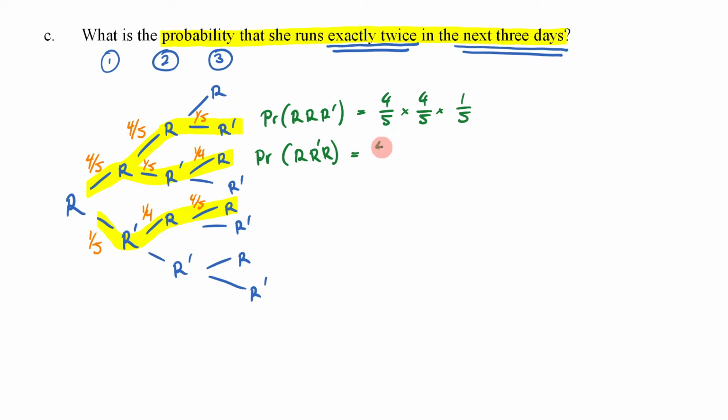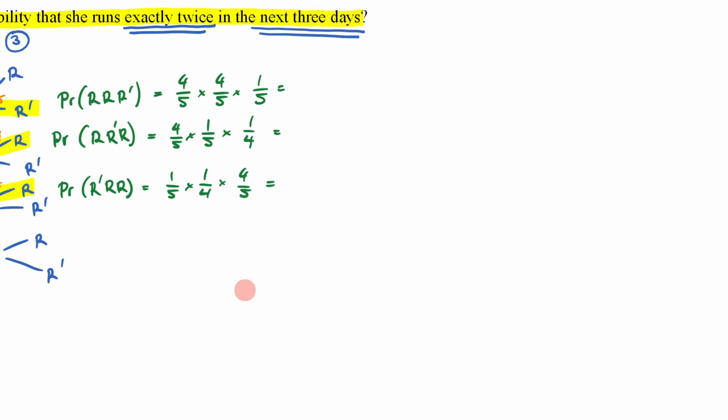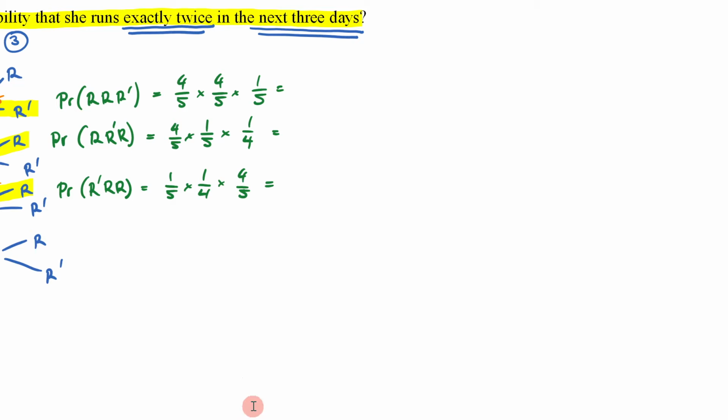That's going to be 4 on 5 times 1 on 5 times 1 on 4. Then what's the probability that she doesn't run, runs, and then runs? That's going to be 1 on 5 times 1 on 4 times 4 on 5. That's all looking good. Now, I'm far too lazy to do that by hand,